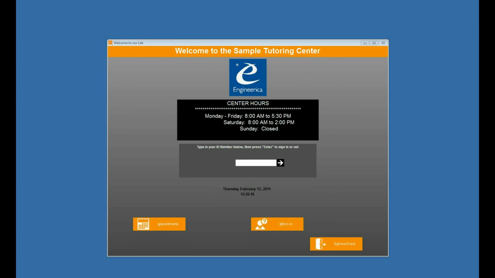Let's learn how to set up for and then use appointment scheduling in AccuTrack or AccuSQL. Now, versus a walk-in where a student would enter an ID and typically pick a reason why they're coming in to the center to get help immediately, an appointment means the student would like to get help, but they're looking for something, say, next week. They're looking for a tutor that assists with the particular course or activity that they want help with, and then they want to look at the tutor's schedule to see when that tutor or staff member